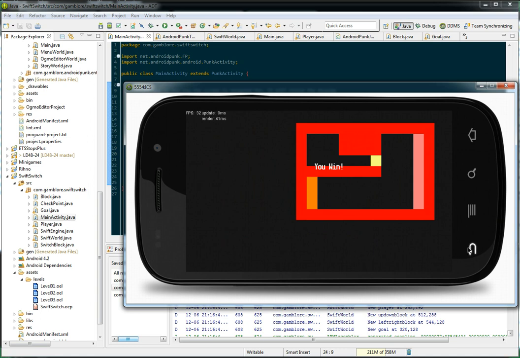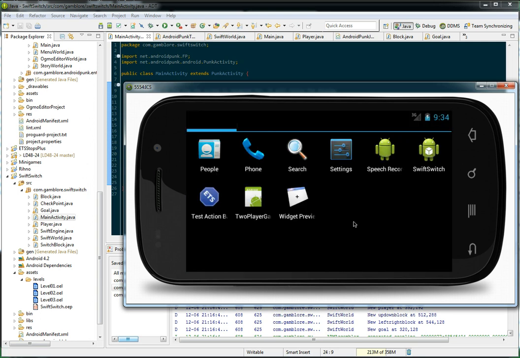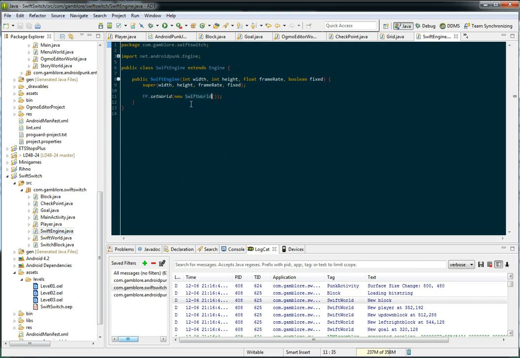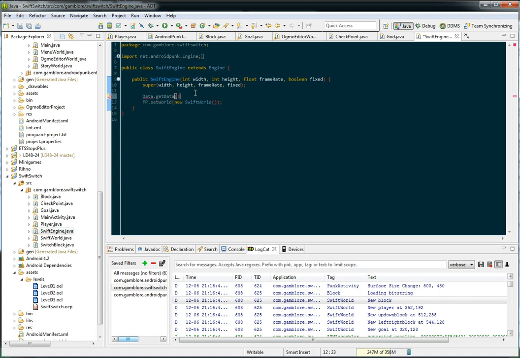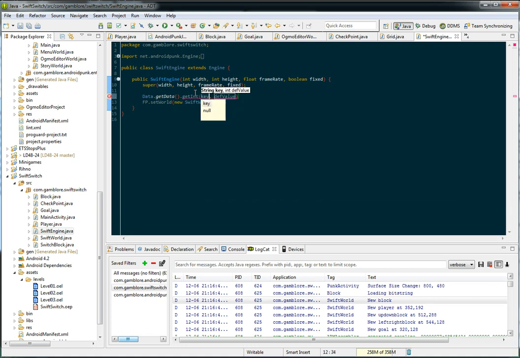So everything seems good. Now instead of just dying, let's load the next level. I mean, when we hit the goal, instead of just stopping everything, let's load the next level. So we'll have to know what levels are available. Normally with our world, we just create one. So there's another thing that we can add, which is the data. You can get the data, and you can get values out of it, and put values into it. So I'm going to get the int of,